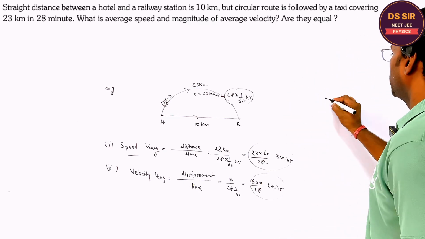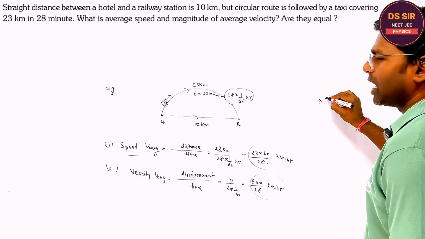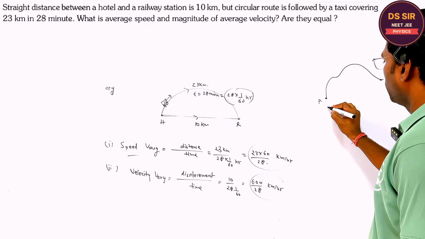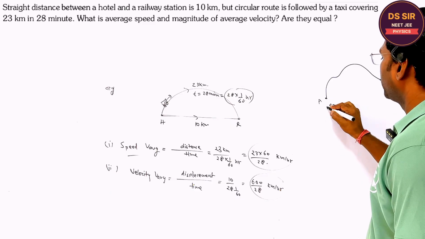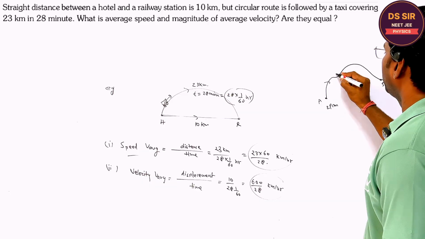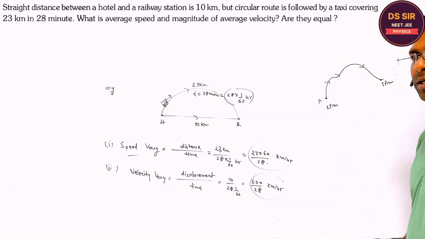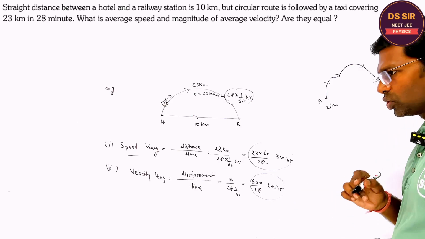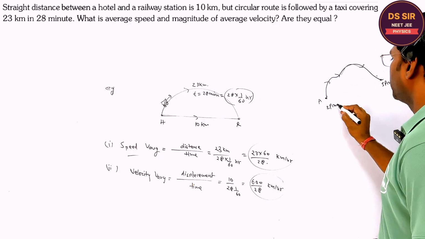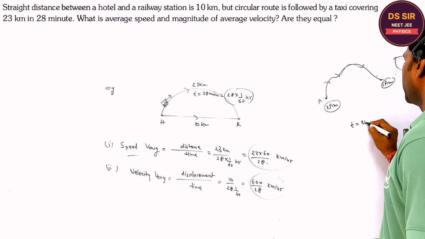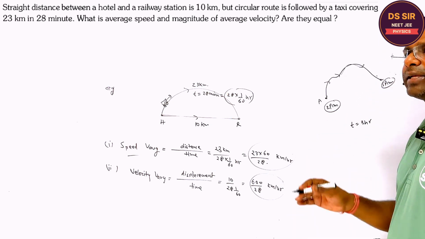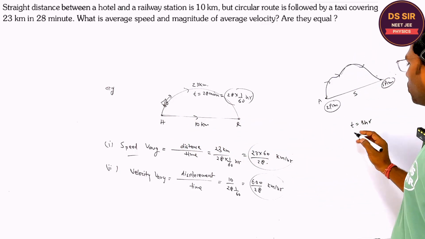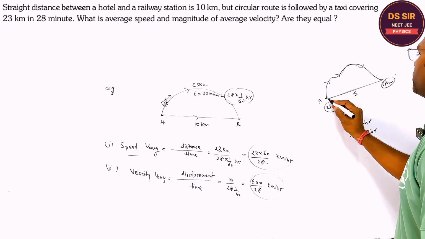Try to understand. Suppose a particle or a car or an aeroplane is moving like this and here. Fine. Suppose it starts at 2 p.m. and reaches here at 5 p.m., and the particle is moving in this way. Now they will ask the average velocity and the average speed. If you are finding the average speed, the time is nothing but 3 hours. Is it clear or not? But you may also be asked the average velocity. Then this is the displacement, but the time is also equal to what? Say 3 hours. Total displacement divided by total time.